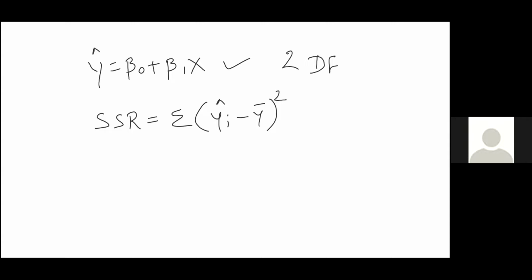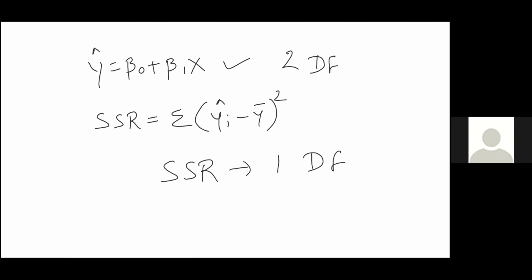So what is happening here? You have to first calculate y bar. You have to first calculate the mean of all the y values, right? And we have also seen earlier that when we calculate the mean, we lose 1 degree of freedom. So initially in y cap is equal to beta 0 plus beta 1x, we had 2 degrees of freedom. But when we calculate the mean, we lose 1 degree of freedom. So for RSS, or for SSR, as we say, we have only 1 degree of freedom left. This is how you calculate the degree of freedom for the ANOVA table or regression sum of squares in the regression context.